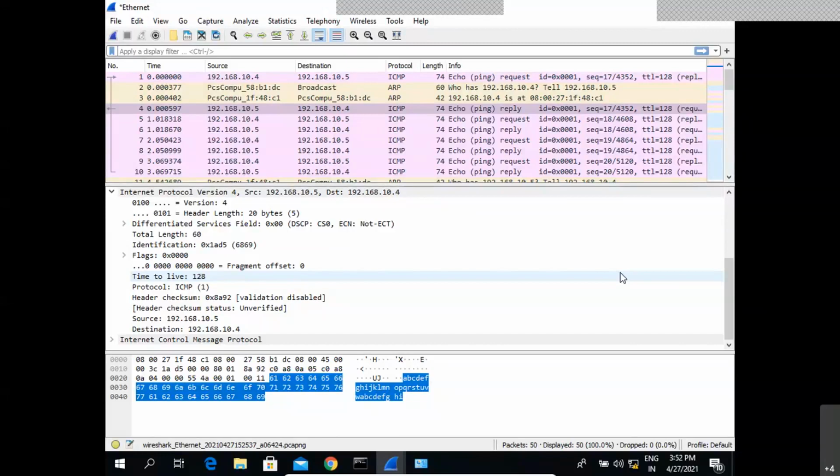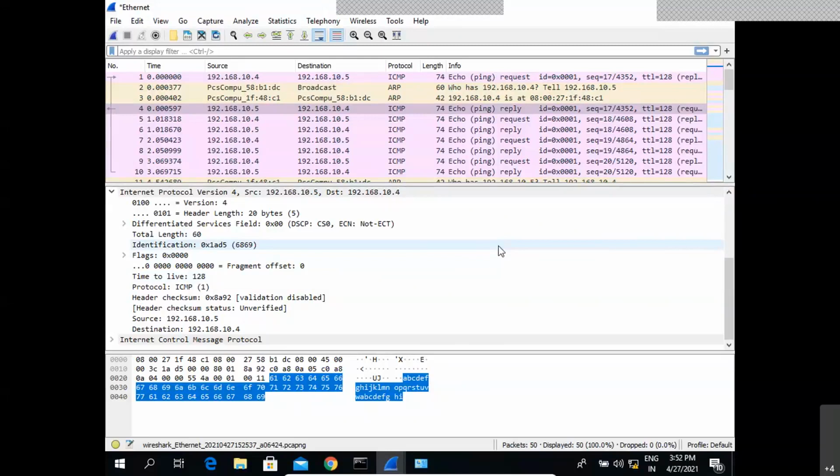The most important part with respect to this is the identification field, where we can see the identification is currently 6869. So based on this identification, we can identify the packet of this particular IP. And in the next part, we can see the flags. This flags part is also very important with respect to the parameters. Why? Because in this TCP/IP protocol suite, all the protocols or all the layers are interdependent.